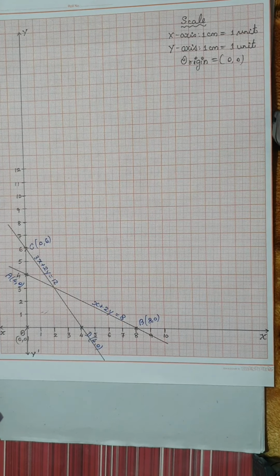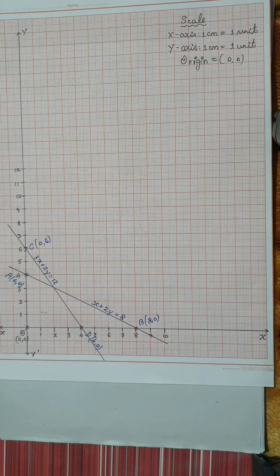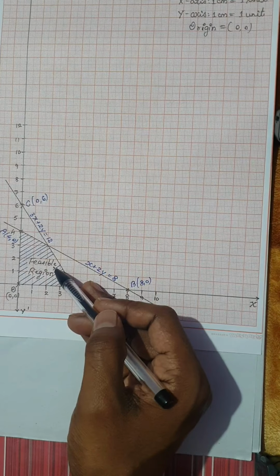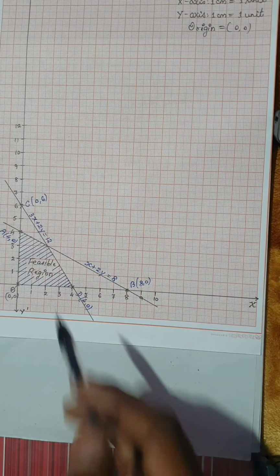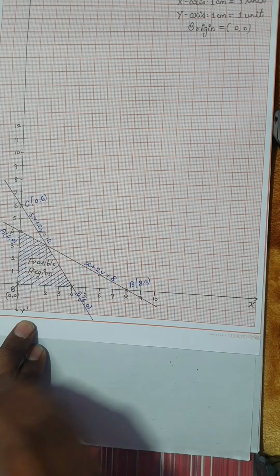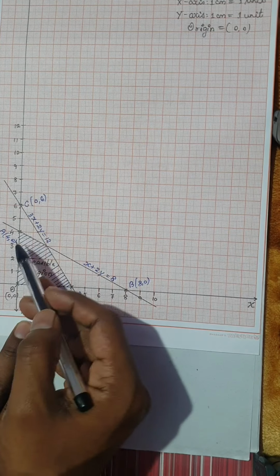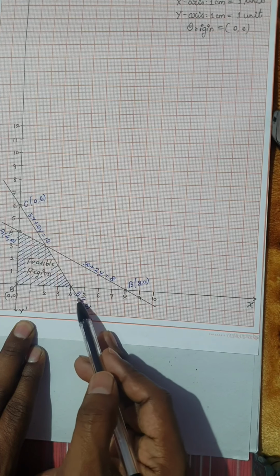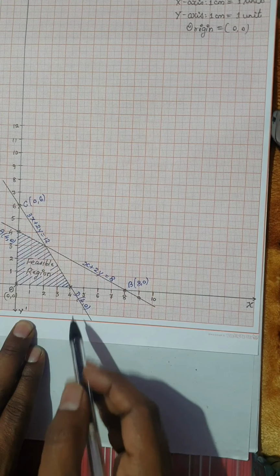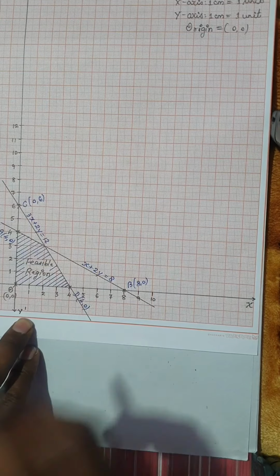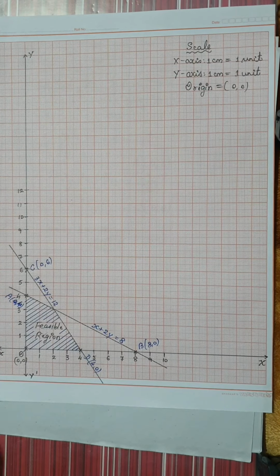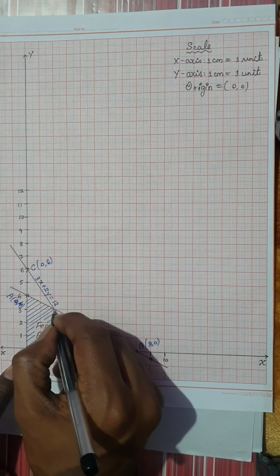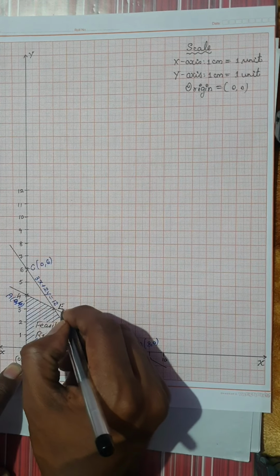Okay, and you also can do it in your graph sheet. Dear students, I hope your feasible region is also ready. Mine is also ready. Now once the feasible region is ready, find out the corner points. One is the origin, that I know, and the point A, the coordinates I also know, and the point D, that is 4 comma 0, excuse me. So 0 comma 0, 0 comma 4, 4 comma 0, and there is another point which I need. Let me call this point E.